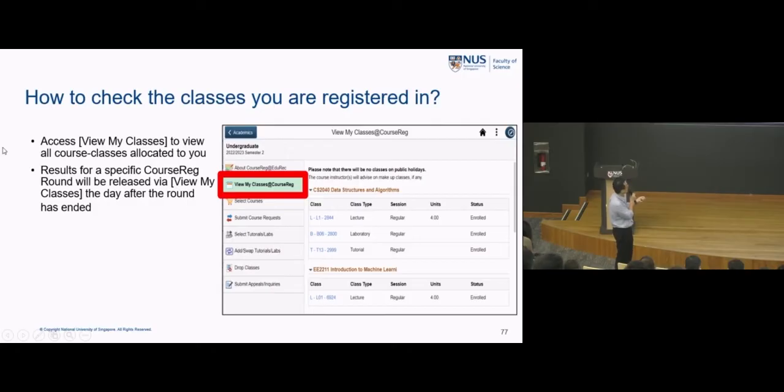So you can see over here the course timetables, the classes that the student has been registered and enrolled in for a particular course. All right, it can be lecture, lab, tutorials, and then the same thing for another course. So you go in here after the allocation is done for a particular round to see if you have been successful.